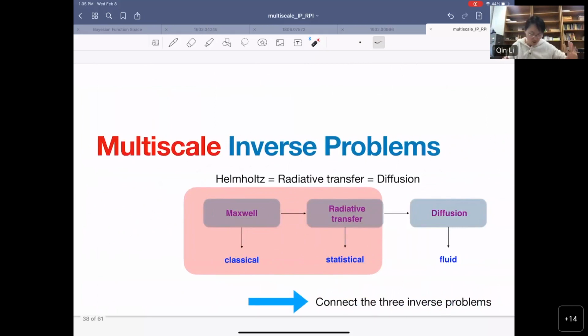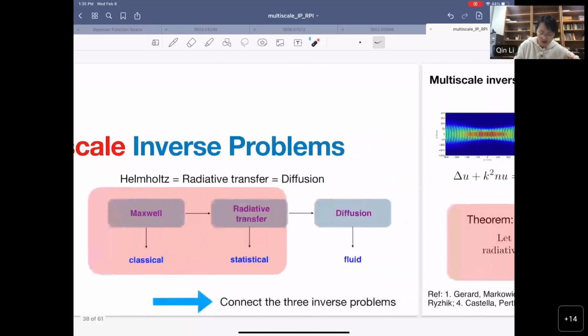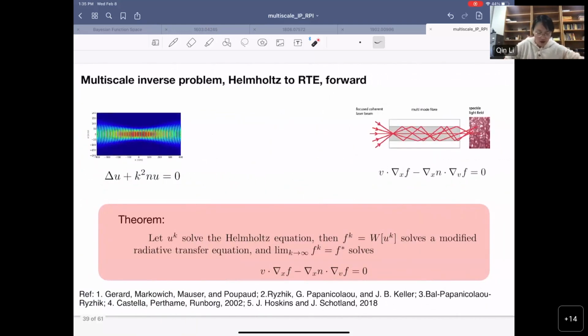Okay, so that's one part of the story. The other part of the story is really pretty much the same. It's the inverse problem for the Helmholtz versus the inverse problem for the radiative transfer. So over here, this is the wave equation. If you think about the wave, it's something that's oscillating, right? So this is my wave equation, the Helmholtz equation. And when you think about the particles, the particles go in and then bounce around and you get spelled out. So this is my particle equation, x dot equals v, and v dot equals acceleration given by